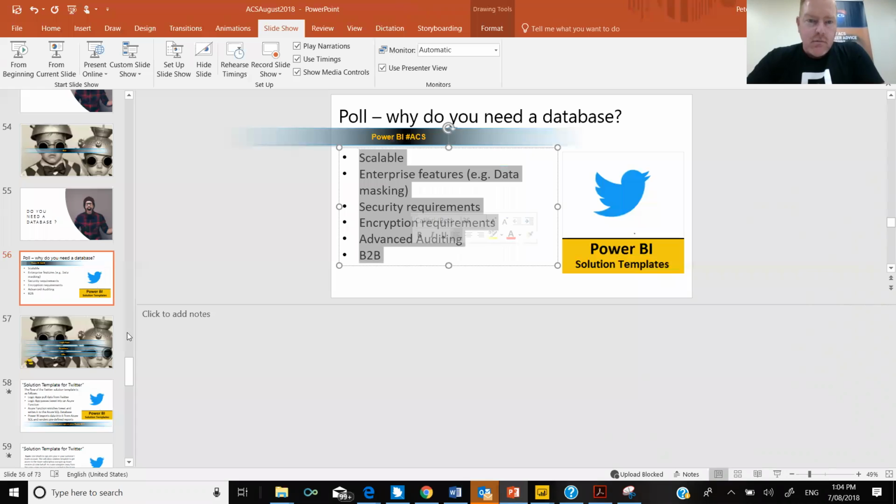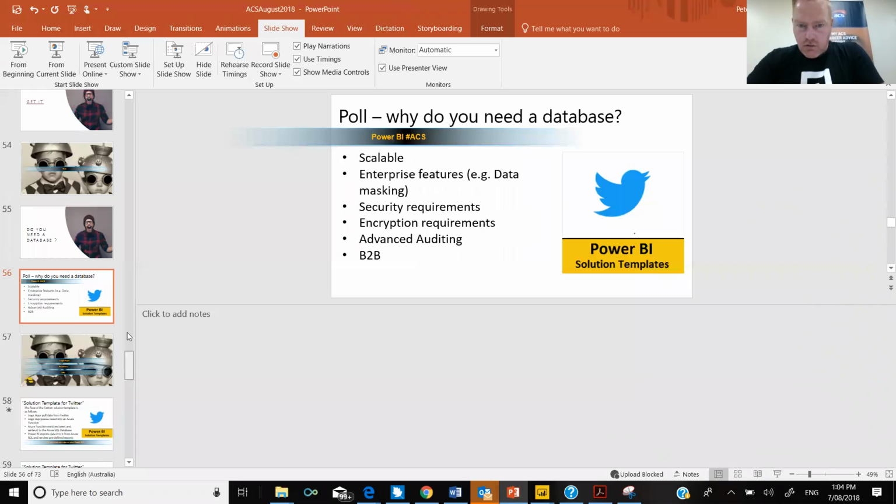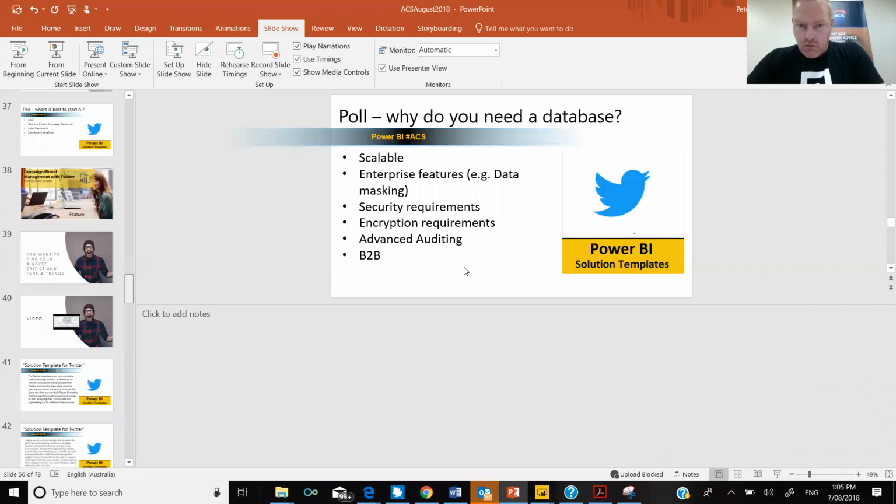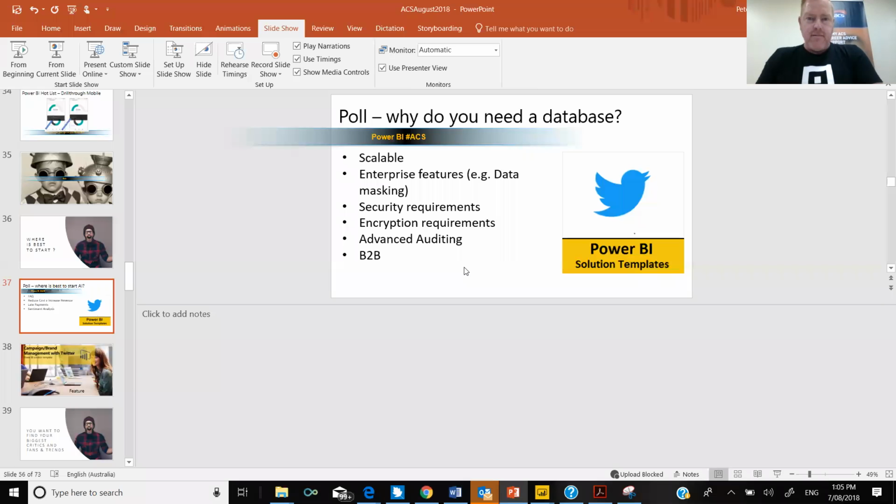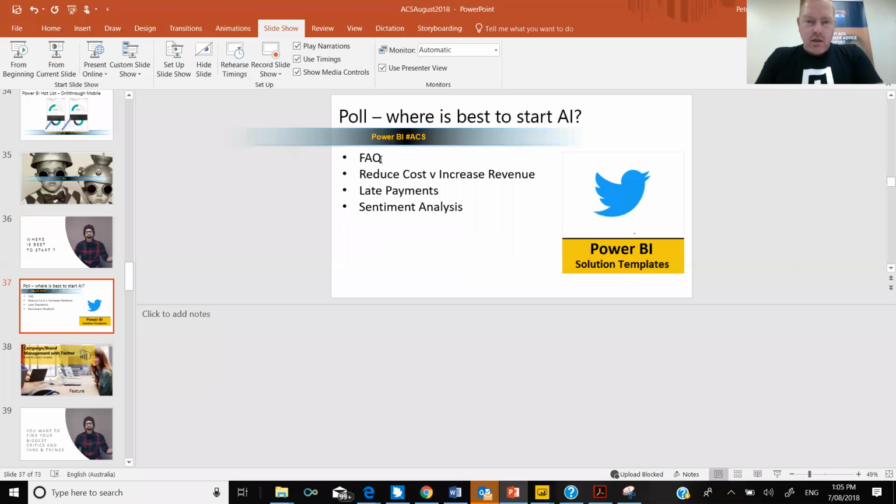And the question about where is the best place to start with AI. Some of the answers there: frequently asked questions, bots or pages, site FAQ. Anything that involves reducing your costs is really great, or increasing revenues.